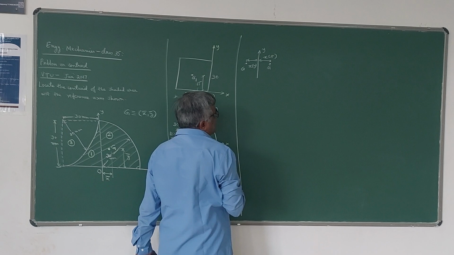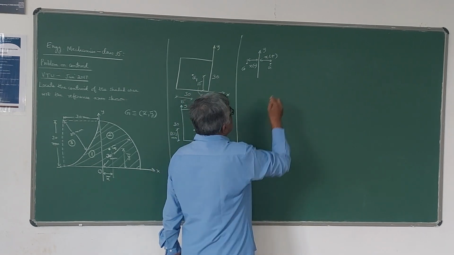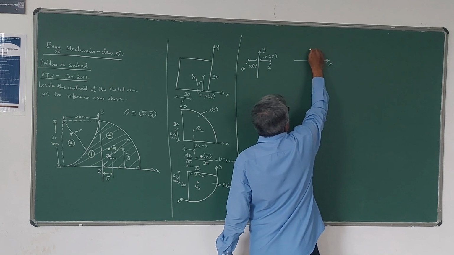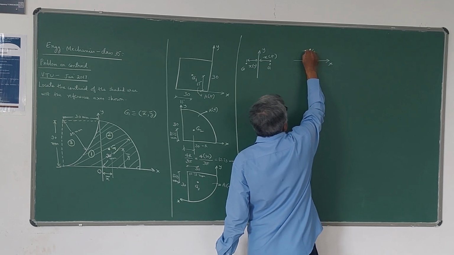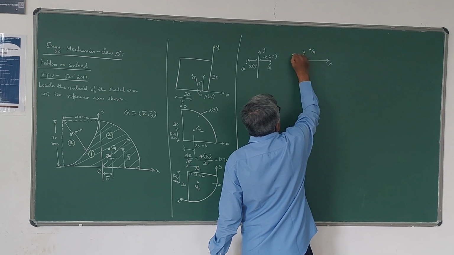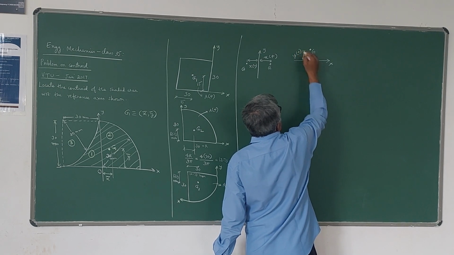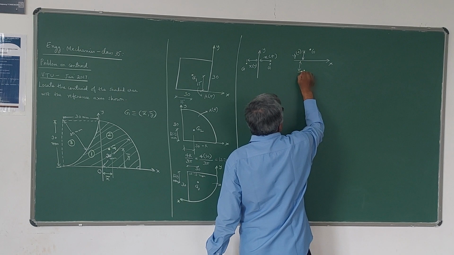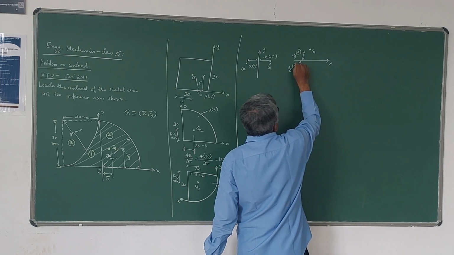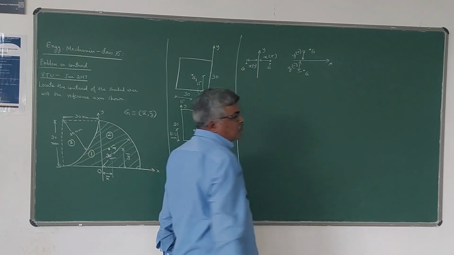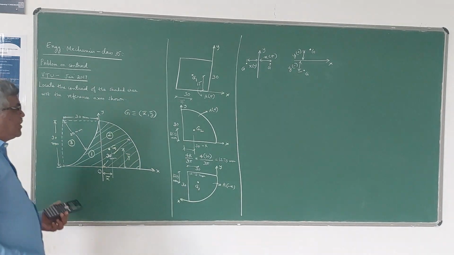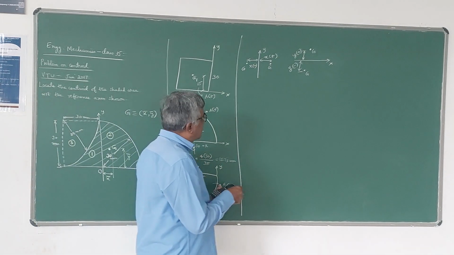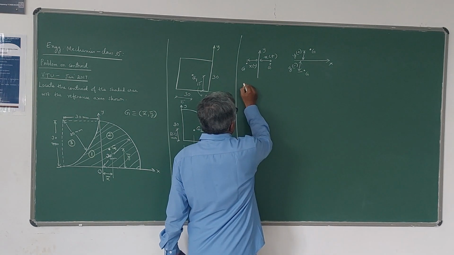This is the sign convention. Similarly, for y distance with respect to the x-axis, if the centroid lies above the x-axis, your y value is positive. If it lies below the x-axis, then the y value is negative. So this is how we have to use the sign convention. Now let us see how we can find out the x bar and y bar values.